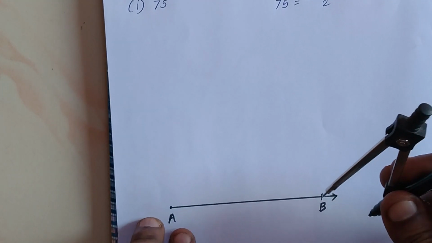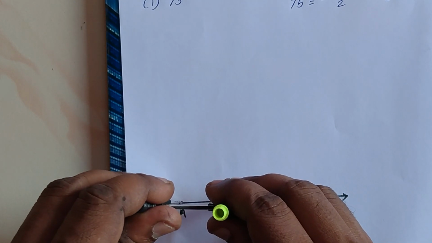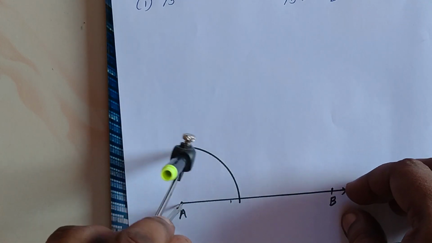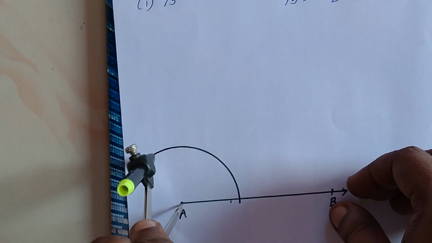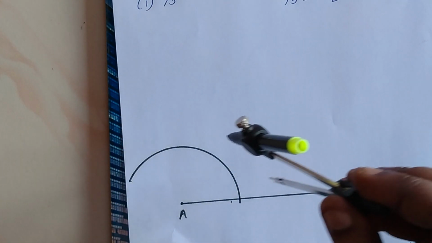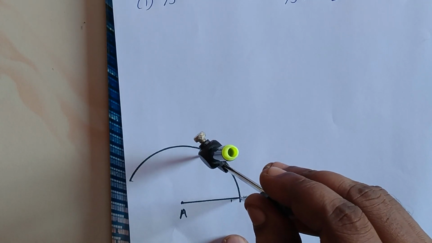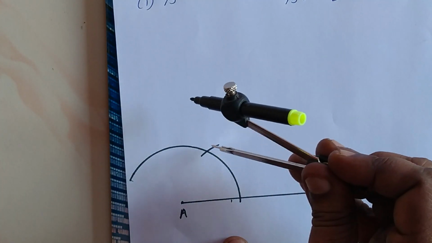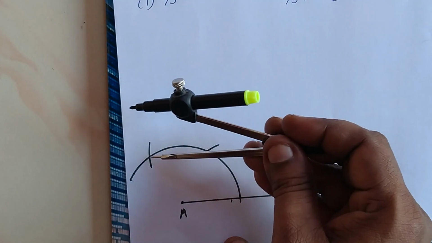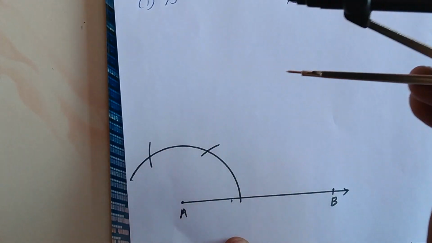So we'll start now. First I will draw 60. Take a sufficient distance, draw the arc. It should be a major arc because we have to draw 90, and for 90 we have to draw 120 also. So now from this point keep the same distance. This will be 60, this point will be 60, and again if we take 60 this will be 120. Here 60, 120.